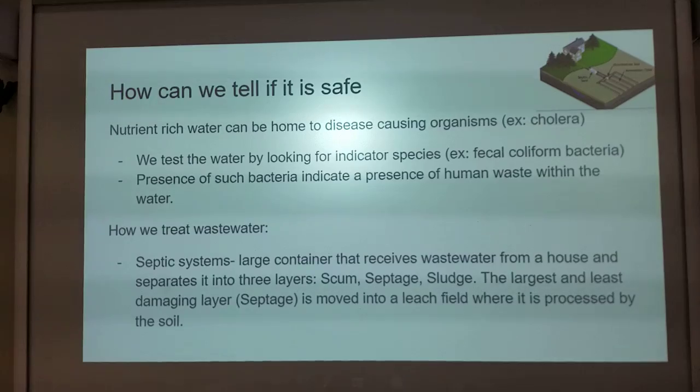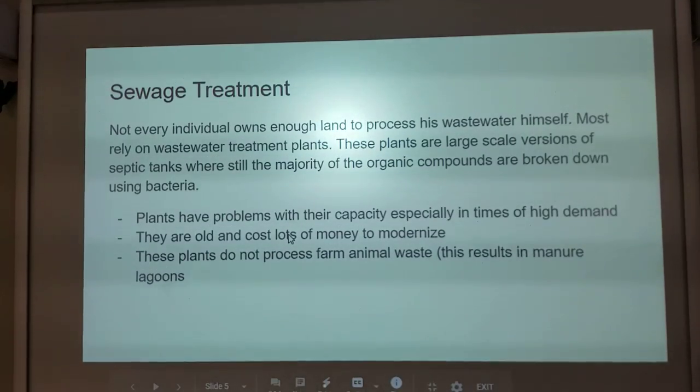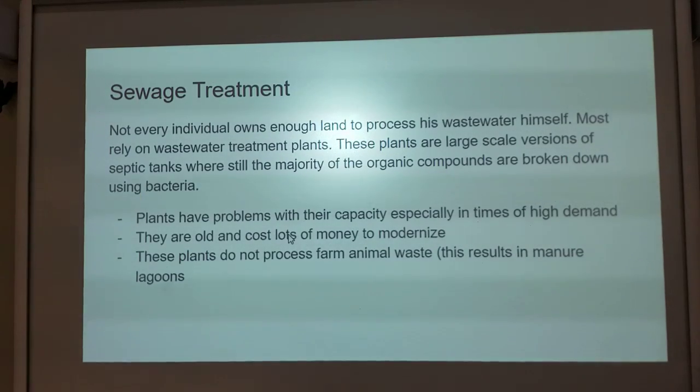Now, what you do when you have a lot more room or a lot more people is you get to what's called a sewage treatment plant or a wastewater processing plant. Now, why do we have this? Why doesn't everybody just have a septic tank? I just told you that it's more environmentally friendly. It requires incredibly low maintenance. It's a great system. Well, not everybody has a couple acres of land that they can build their septic tank on.